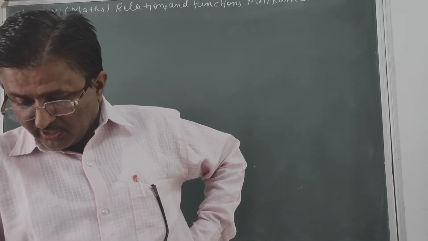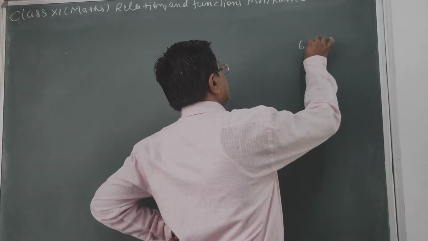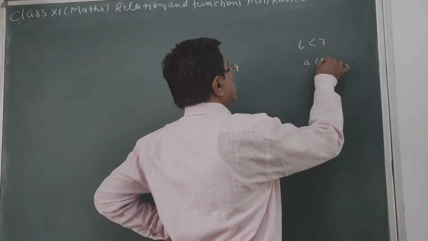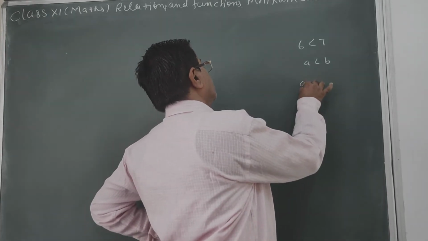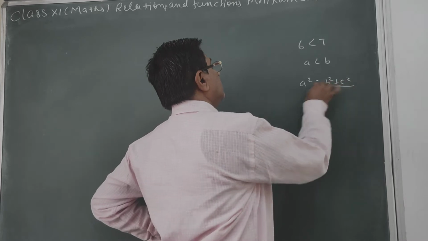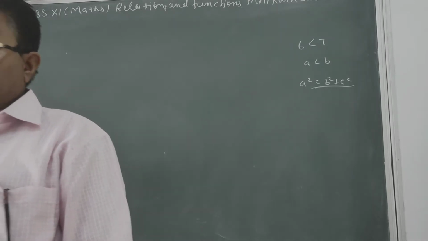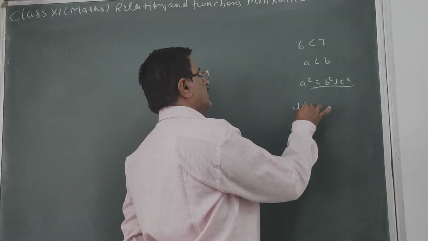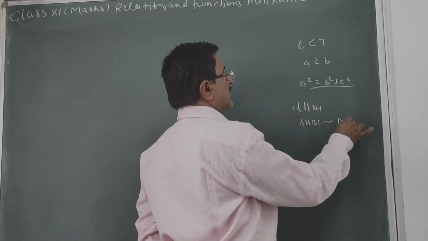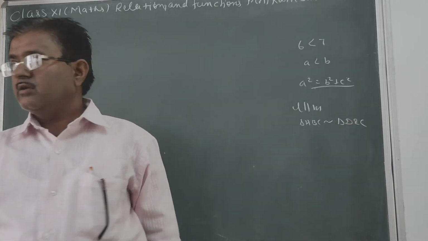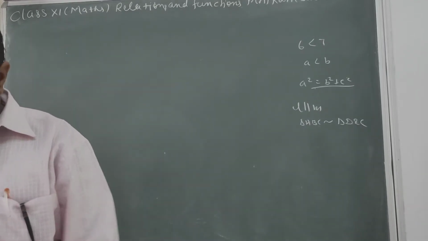So in mathematics also we come across many relations, such as number m is less than this, जैसे हम रिलेशन में कहते हैं 6 is less than 7 और a is less than b, like this. Or we can say a square equal to b square, or whatever number may be there, we have different types of relations. Line l is parallel to m, or triangle ABC is similar to triangle BEC. So there are different types of relation in our daily life as well as in mathematics.